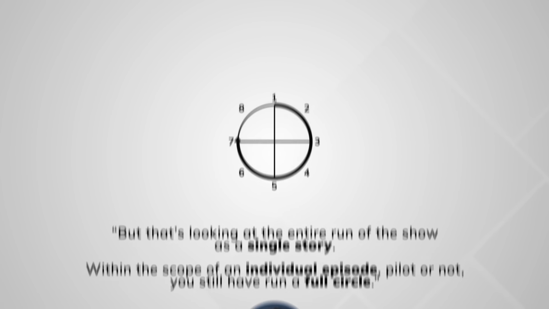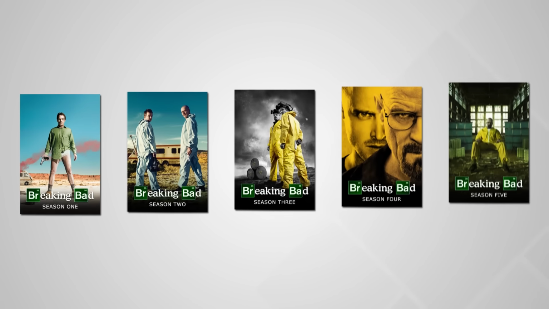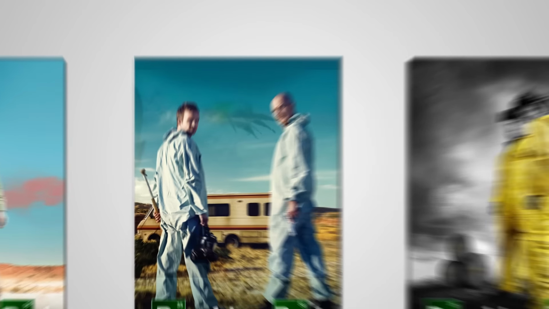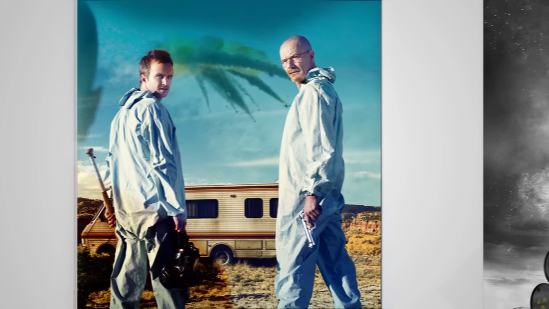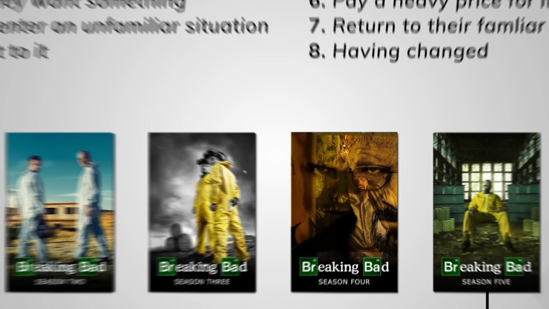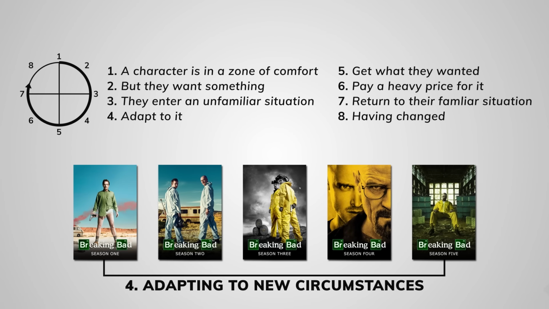So what Harmon is saying is that on the series level from season to season, the show is in stage 4 of the story circle. The main character of your story continues to adapt. They continue searching for what they truly want at 5, never truly getting it, because that would end the show. Then at the very end of the series, in the last season or only in the finale, the show finishes up the rest of the story circle and ends.